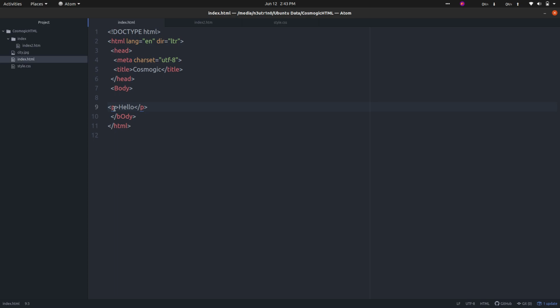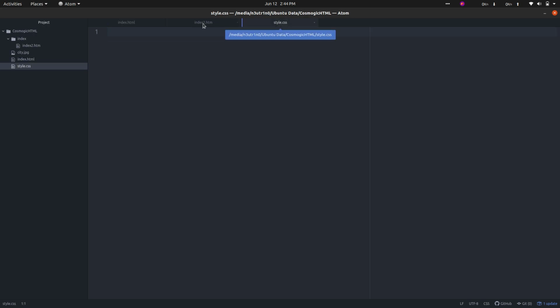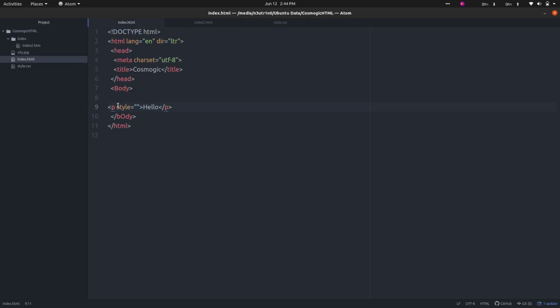We will provide style to our text. How can we do this? We can do this by using the style attribute. It is basically inline CSS. In later classes we will learn external CSS. For now we will learn the style attribute.